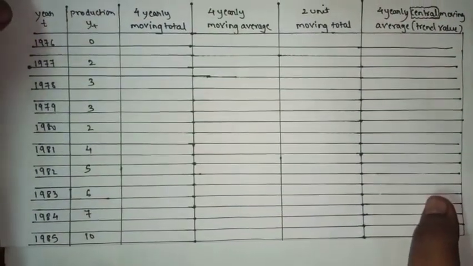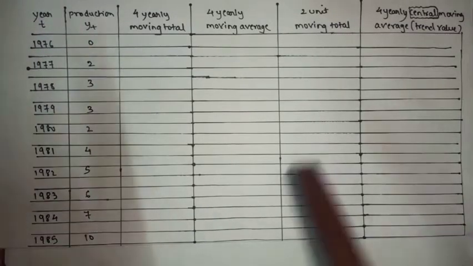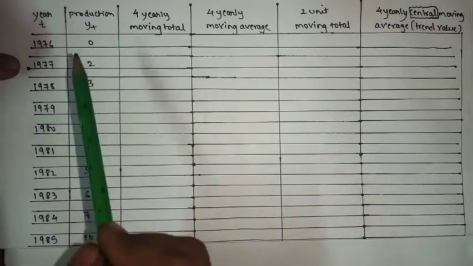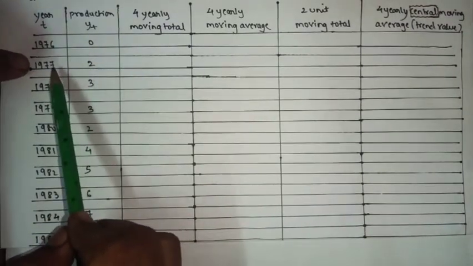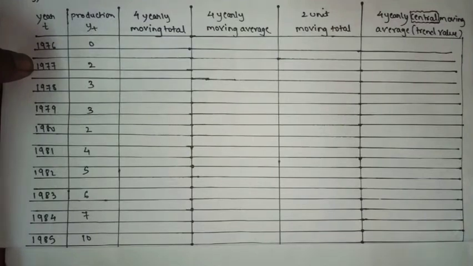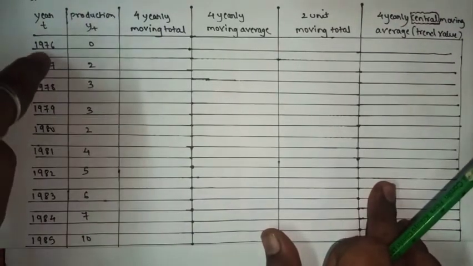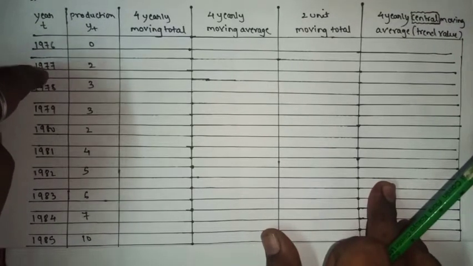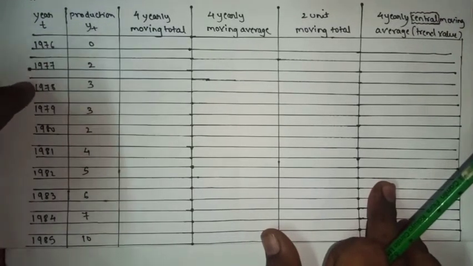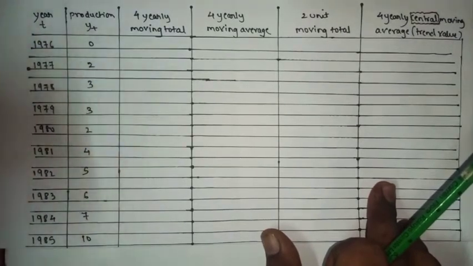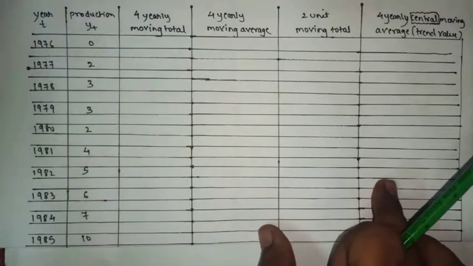Now, when you prepare the table for 4 years, remember one thing while writing the numbers for years in the production: you will leave one box and then you will write. It is compulsory for 4 years. Once again, for 4 years it is compulsory that you leave one box and then write the years and the production. Skip, then write years and production. Blank, then year. Blank, then year. It is a very important point here.